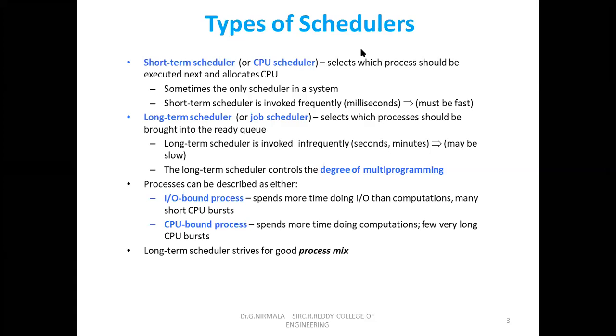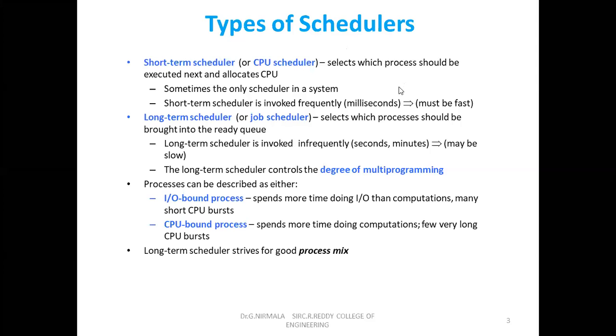You are called as a dispatcher. Dispatch latency will be there. Dispatch latency means in between the process is moving, either running to the ready, or ready to the block, or block to the ready, or running to the terminated. In between the states, the dispatcher requires some amount of time. That amount of time you are called as dispatch latency.